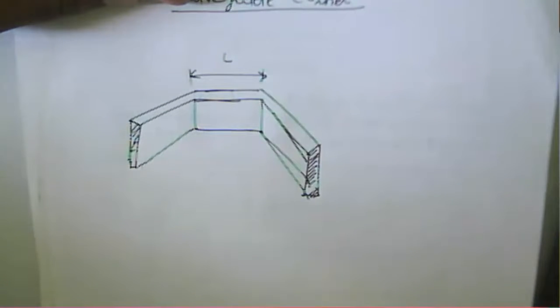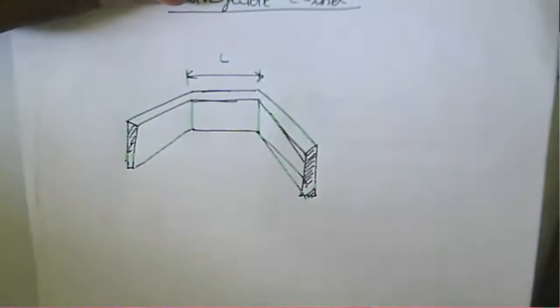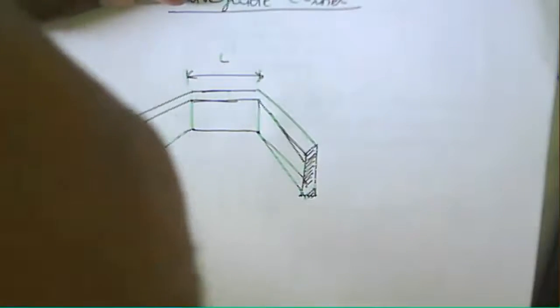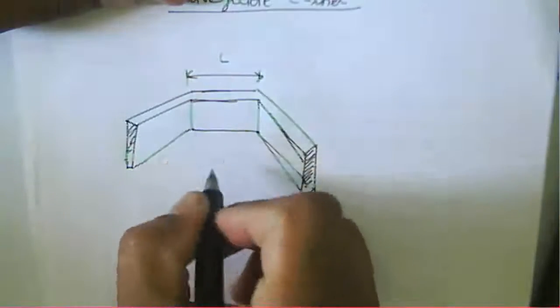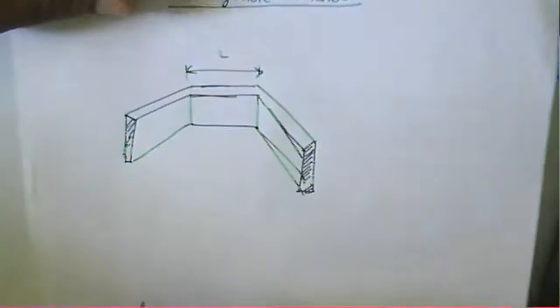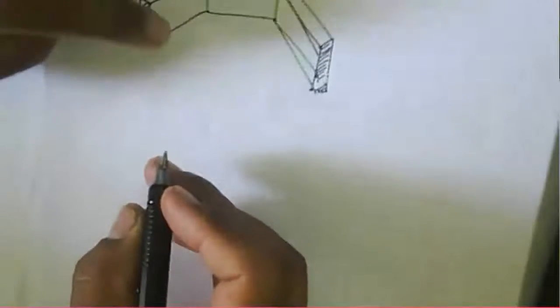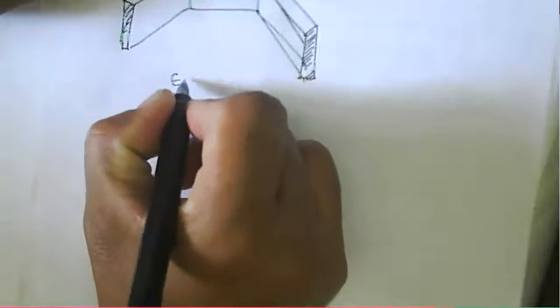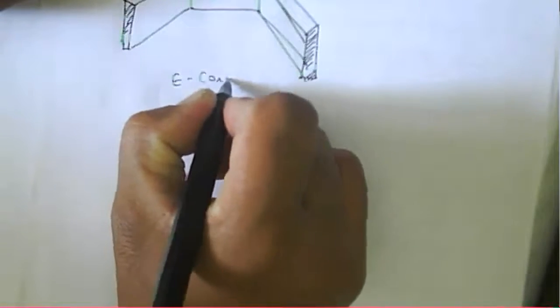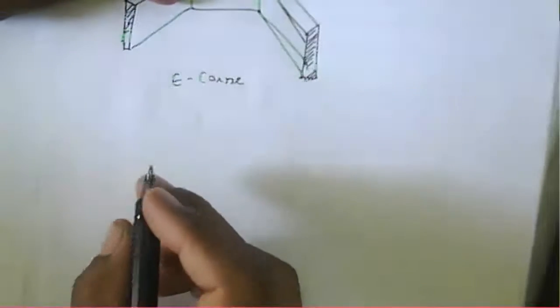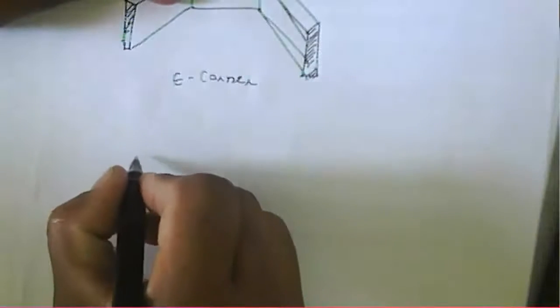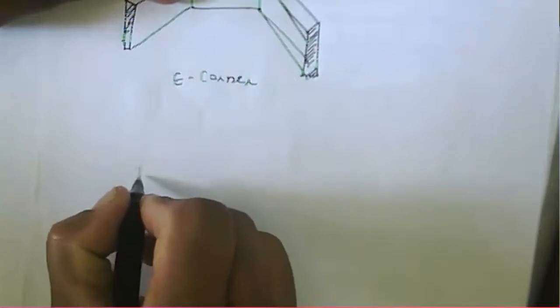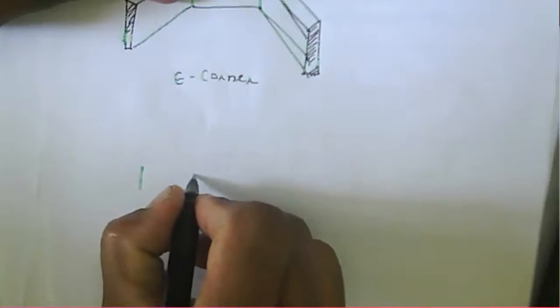So we need to consider that the radius is to be large for the given bend. Similarly, for the corner, that particular portion will be more there. That's why there won't be any discontinuity. This is called an E corner, or we can say a waveguide E corner. Now in an H corner, what happened? The H field component is bent here.